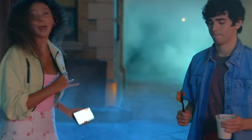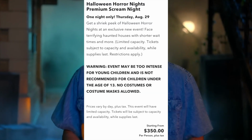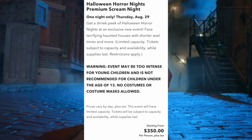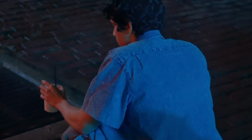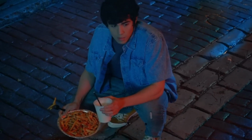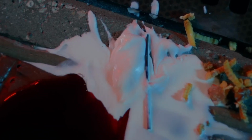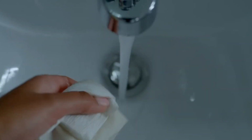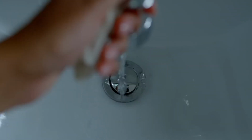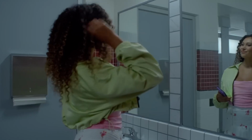Now, the big thing I see being a deterrent for people purchasing this is the cost of the ticket, which is a total of $372.75. That's with taxes included. Now, don't get me wrong, even with a price like that, this event does sound very tempting, and I have been on the fence if I want to attend or not, just due to some of the perks that come with the ticket. And those perks, for starters, along with being amongst the first guests to attend Halloween Horror Nights, you also have the access to all the haunted houses with a reduced wait time, and even have the chance to experience these houses in a paced manner, meaning that almost every single group will have their own personal experience